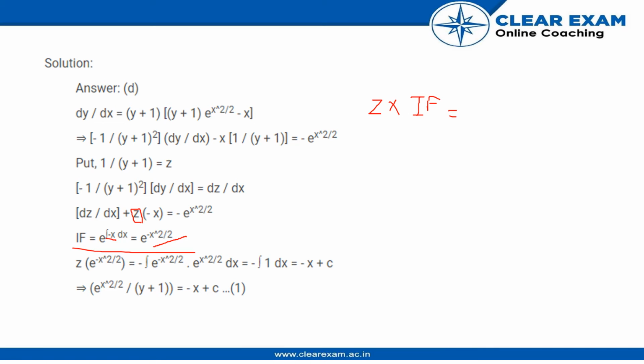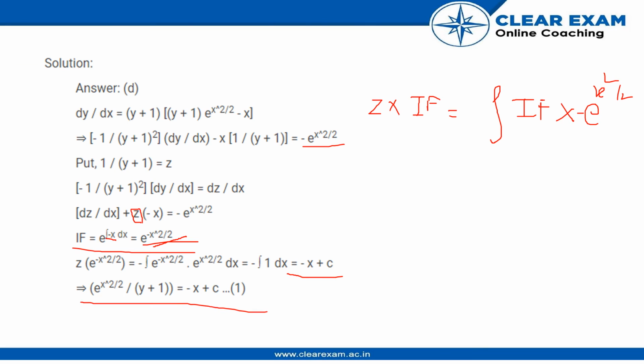is equal to minus of the integral. This minus is not in the formula; it is because of this integrating factor over here. I'm sorry, this over here, as I have marked, is the integrating factor, so this negative sign is because of that. Again, integrating factor, so I will just take this negative off of here. So this is the integrating factor into the term that we have after that, which becomes −e^(x²/2), and after putting that we get the integration value to become −x + c,